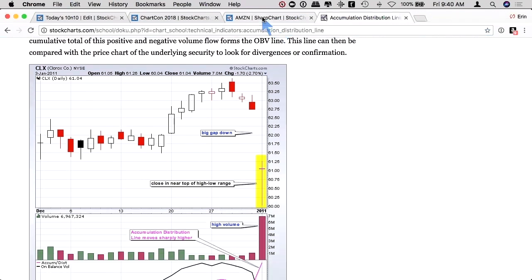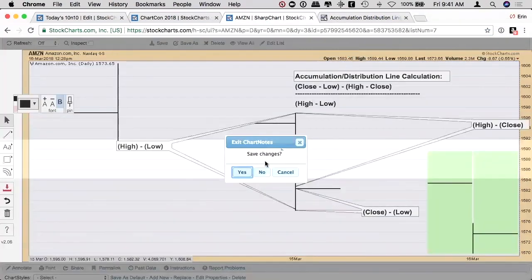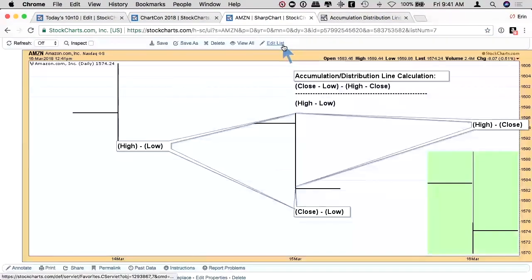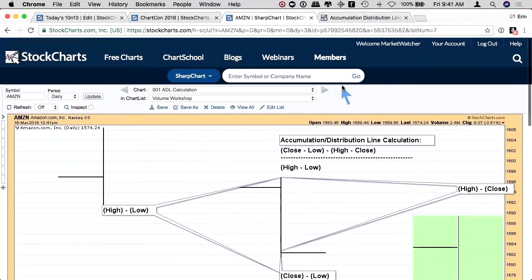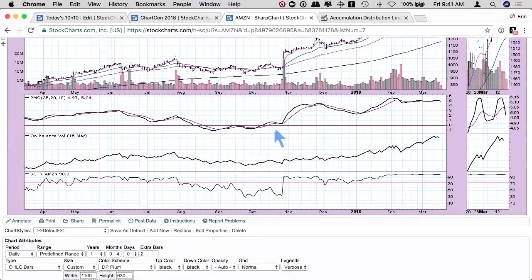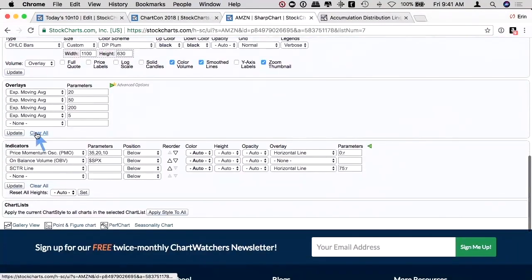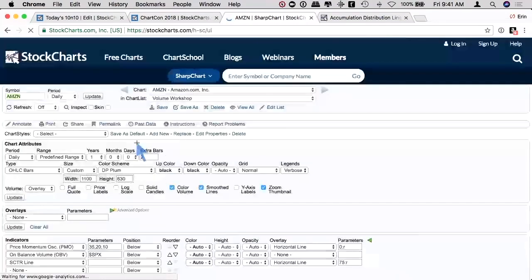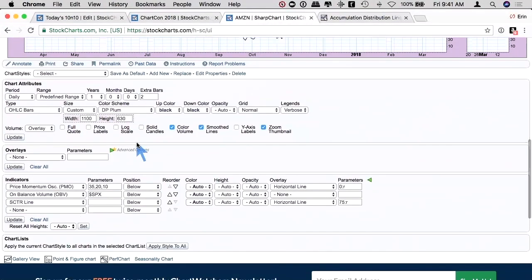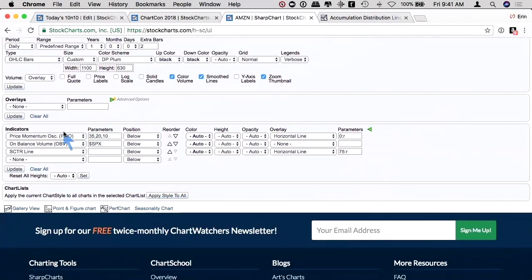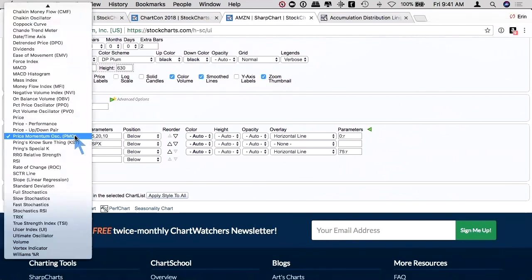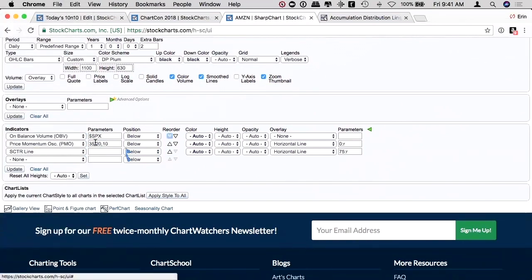So I'm going to show you a chart that I put together. I don't know what's going on, but my annotations are getting kind of messed up here on this chart. I don't know if it's because it's such a small one, but we'll see. So let's look at Amazon. And this will be a great way for you to see how to do this on your own charts. All right, so I cleared all of my overlays. I'm not going to do the volume by price overlay yet. You have to wait. All right, so I'm going to move the OBV to the top.